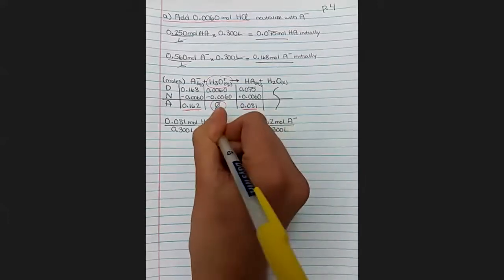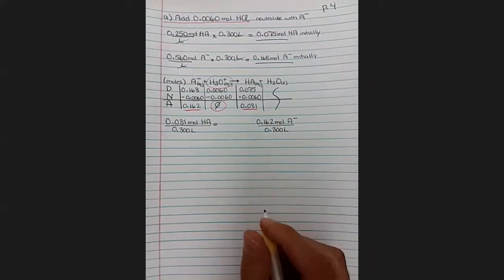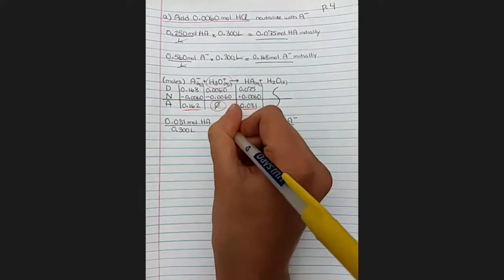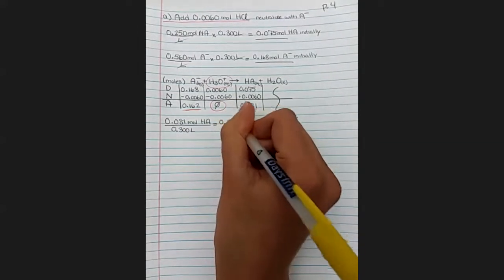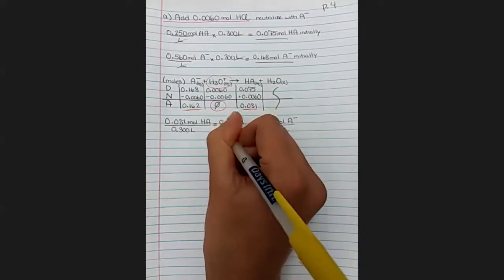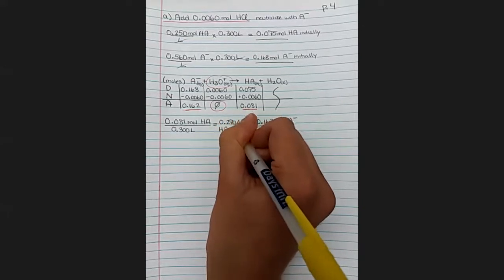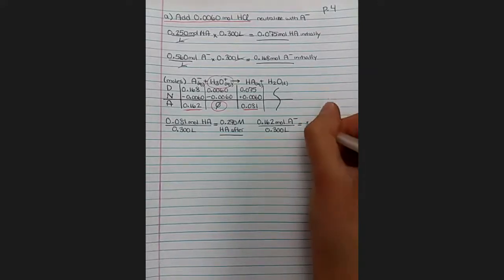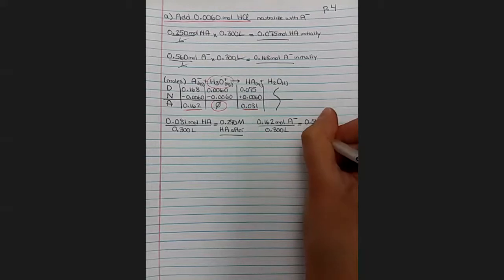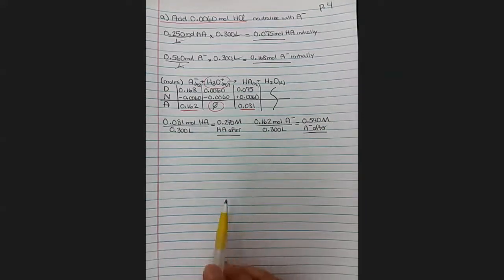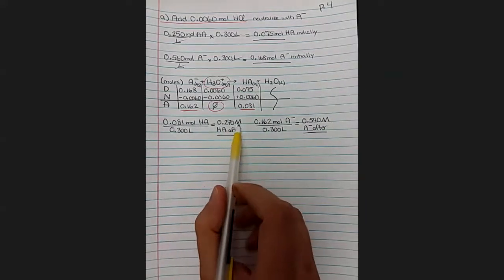Hopefully I left enough space. Calculator says 0.270 molarity of HA after the neutralization, and 0.540 molarity of A minus after the neutralization. And let me just point out that not only do I have a unit, moles per liter, for this number,